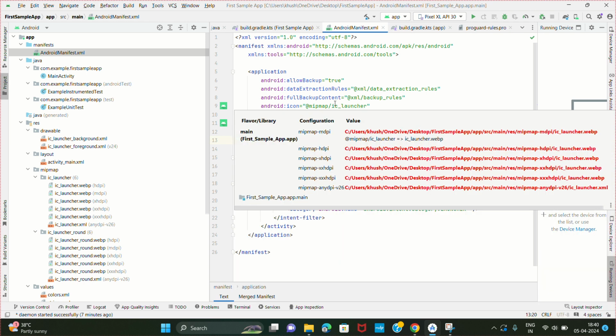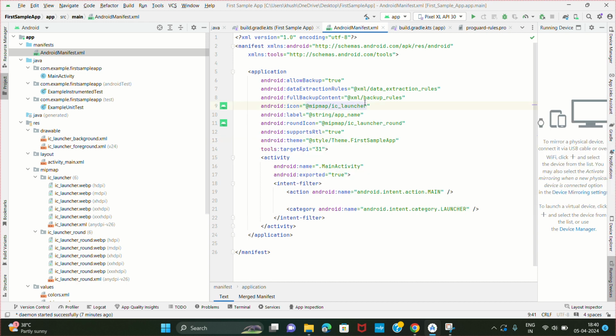If you want to change the theme based on your screens, you can manually declare it in the activity. Activity is nothing but a screen. Just assume this as a screen. The activity consists of two parts, one is a Java class and one is the XML part. Whenever you create an activity, I'll tell you how to create it, we'll get two files,